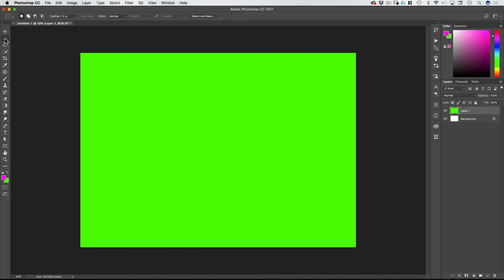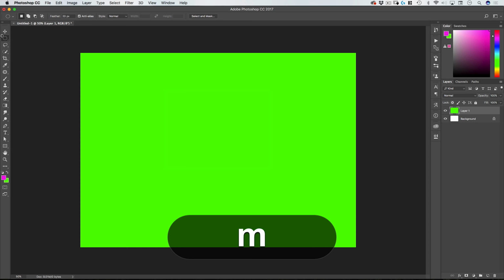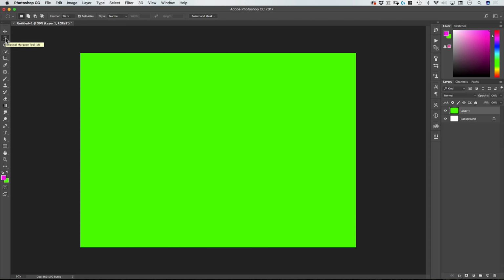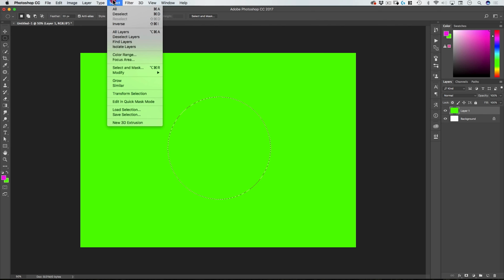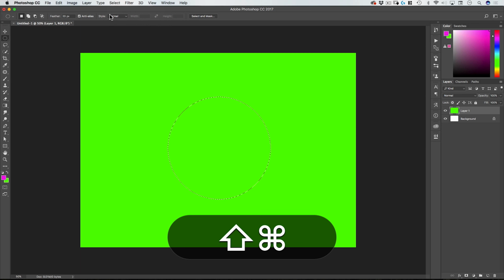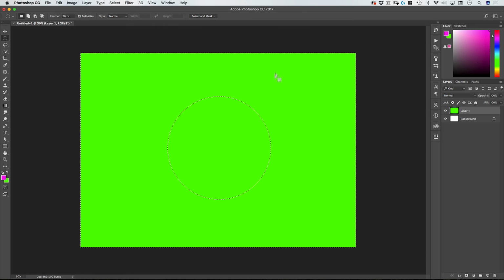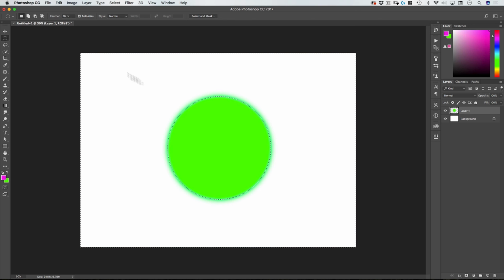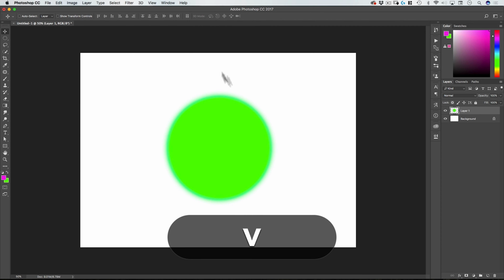Okay, so Marquee tool, that's M to get to the Marquee tool. Click, drag to make a selection. You can see the selection with the crawling ants. And then I'm going to invert that selection, select inverse, Shift Command I. So let's do it with the shortcut, Shift Command I. And then I'm going to delete what's in the selection. So simply hit delete. And because I have a feather on my marquee of 20 pixels, you'll see that I've got a feathered edge there. All right, so there you go.